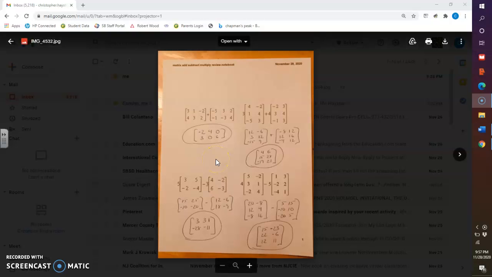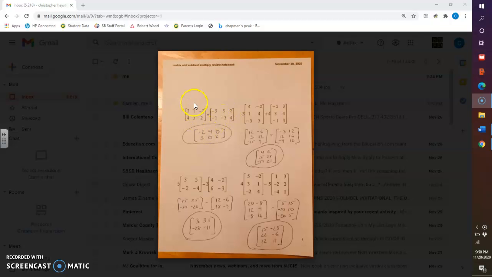All right, guys, so here's the review for matrix addition, subtraction, multiplication, and Cramer's rule. The first part of the test should be pretty straightforward. We're just adding and subtracting matrices. So here, when you're given the same size matrices, and you can only add matrices the same size, we're adding